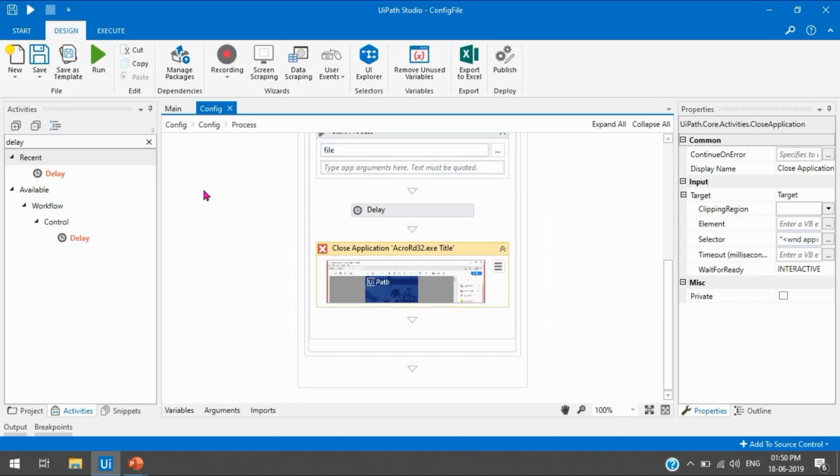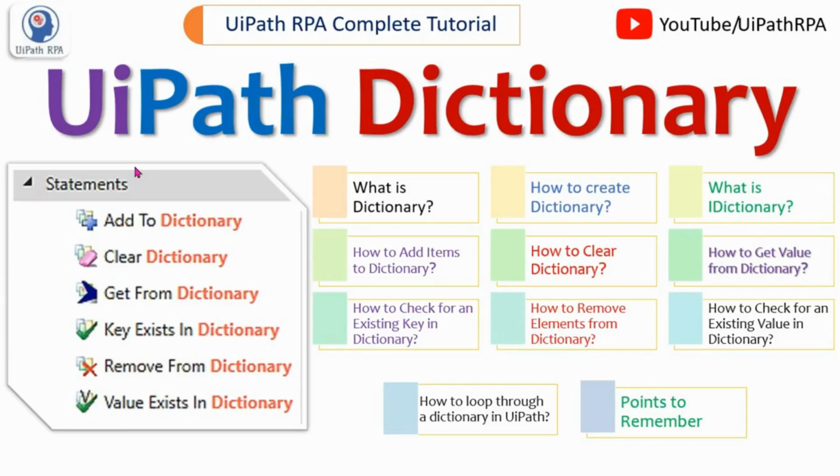Today we are going to learn about UiPath dictionary. In this tutorial we are going to learn what a dictionary is, how to create a dictionary, and what an IDictionary is.